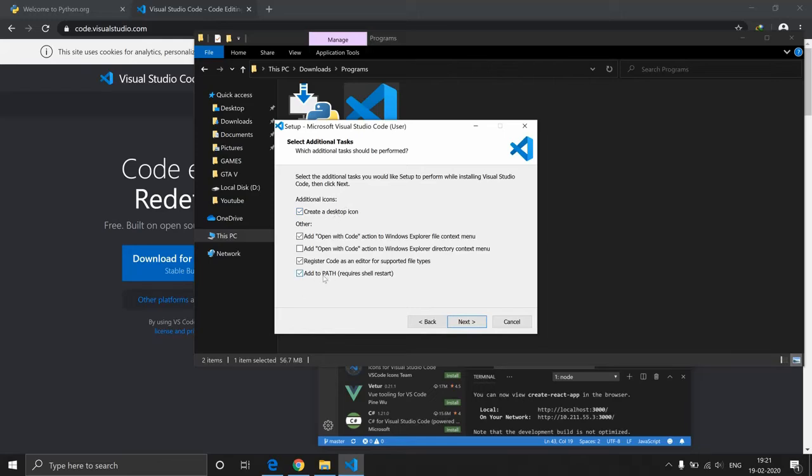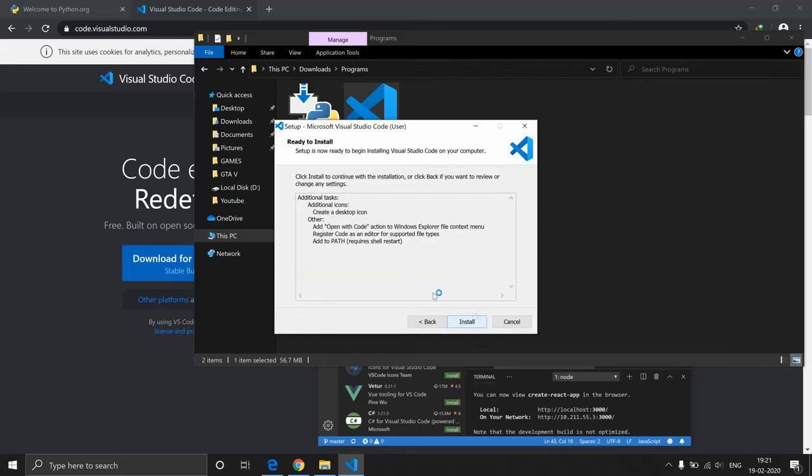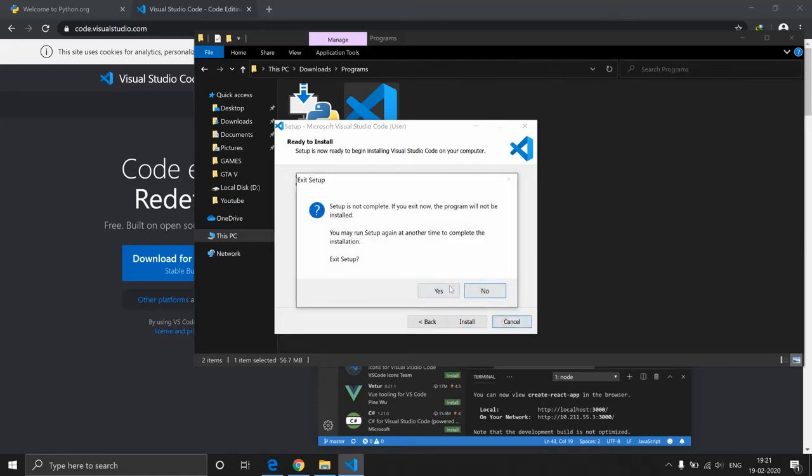And add to path is, again, as I told you, it will add it to the path so that you can access this Visual Studio Code from anywhere. So you just click on next and then click on install. I have already installed it, so I'm not going to do that. So once you install this,